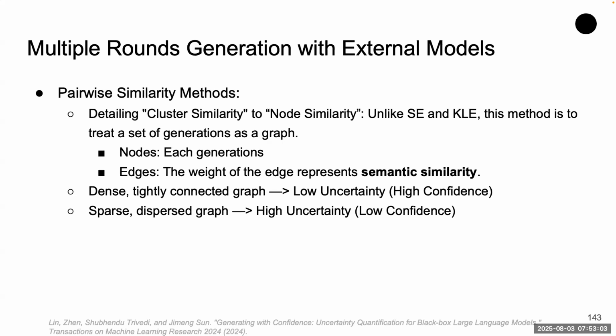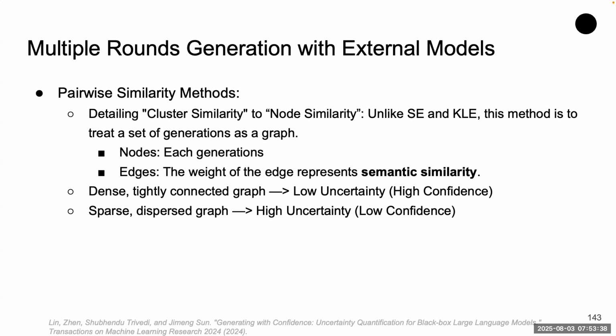So this is one way of quantifying uncertainty through the pairwise similarity matrix. What I mean is pairwise similarity between every generated answer. You do not need an additional specific step for clustering. So here, a difference between this kind of method, pairwise similarity methods, and semantic entropy methods is that they put cluster similarity into node similarity, and